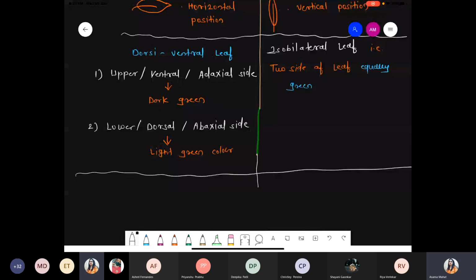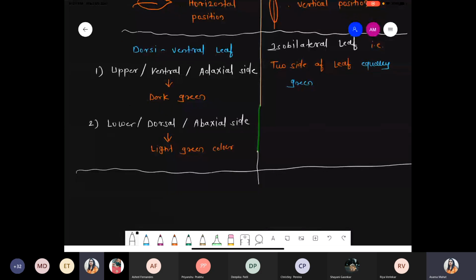Now we are talking about the next part with respect to stomata. I hope you remember, we have seen earlier that in the dicot leaf, kidney-shaped or bean-shaped stomata are present, right? Kidney-shaped or bean-shaped stomata are present, and in the transport chapter we'll discuss that this kidney or bean shape is determined with the help of the guard cells. According to the shape of the guard cells, we can confirm that it is the shape of that entire stomata.